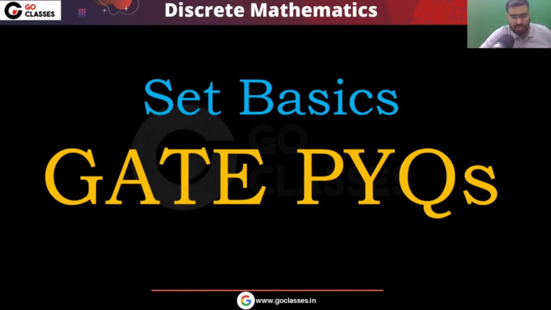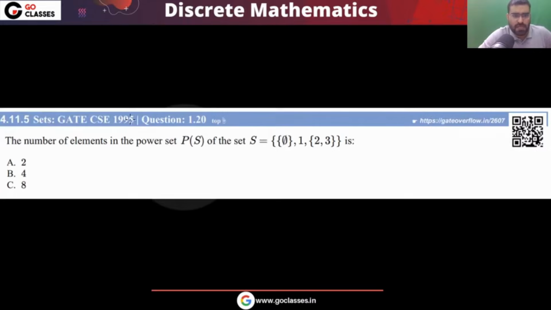So now let's start the set theory GATE questions. Tell me the answer for this question. This is a GATE 1995 question. The number of elements in the power set of S. The question is asking what is the number of elements in the power set P(S) of